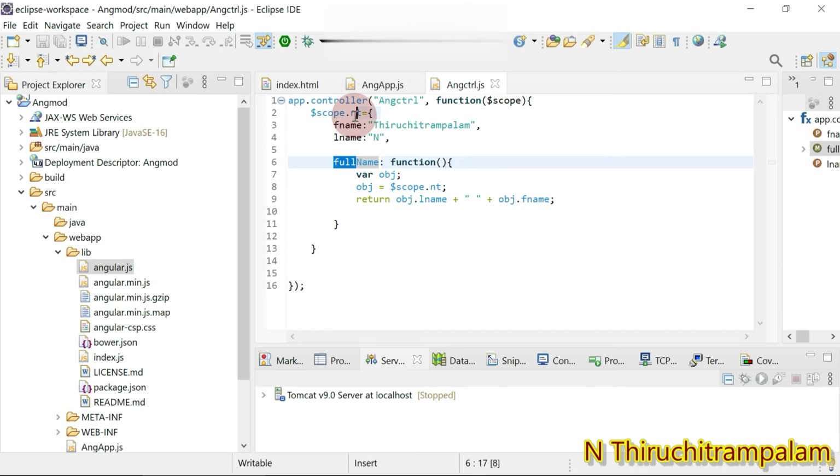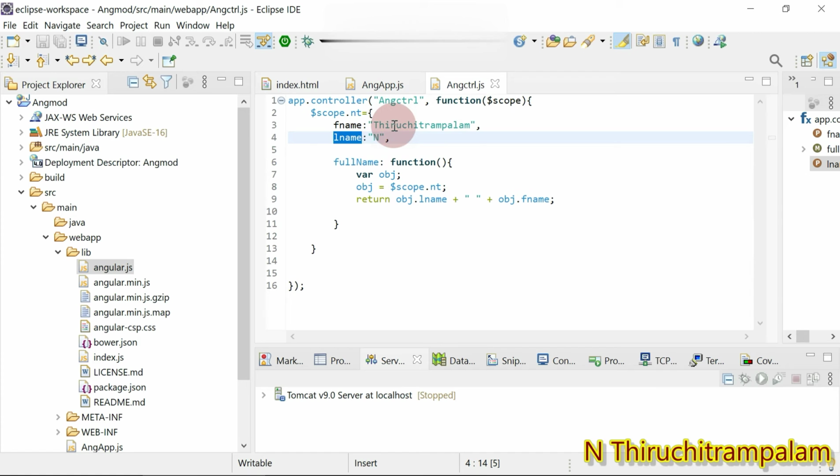So how do I call this? nt.fullname and then the parentheses. All right, so this function would be called on the view page, I mean in the index.html, so that this function obviously returns object.lname and object.fname, which is nothing but nt property.fname and nt property.lname.